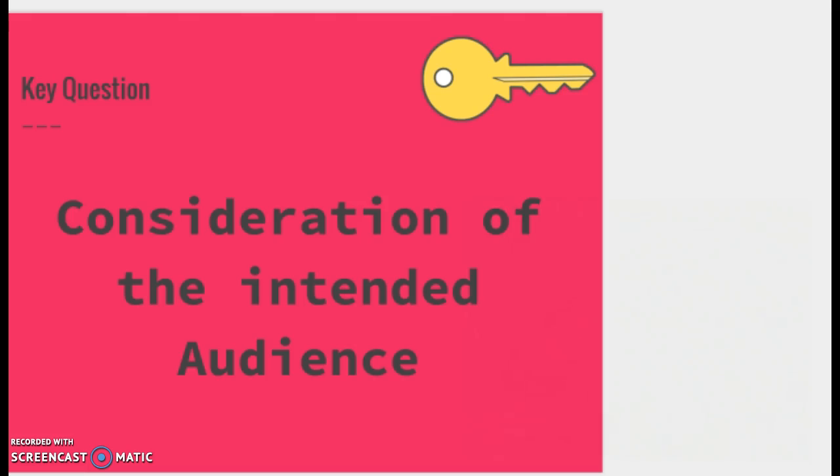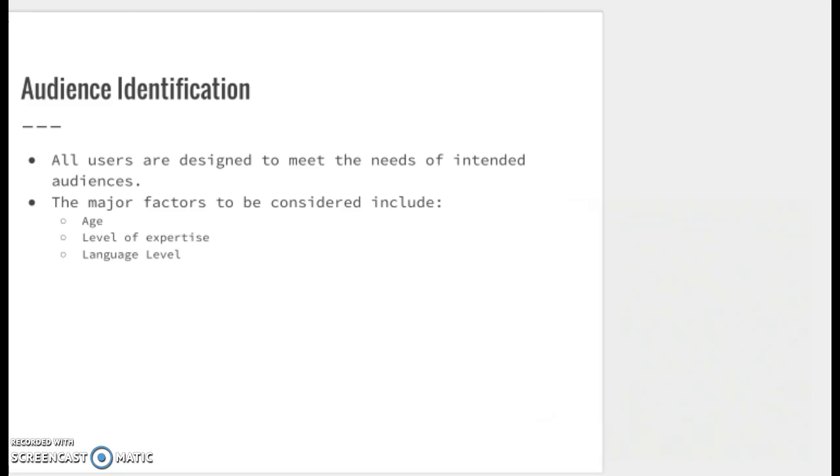So if we look at the key aspects of the content, we've got consideration of the intended audience. What we're looking at here is three areas, and it's just about analysing who you're creating your interface for. So the age. I look at my children and the apps that they use, and often I would say that the buttons, the placement and the size of them is very, very different to what I'm used to. So they're quite large, there's not a lot of text,